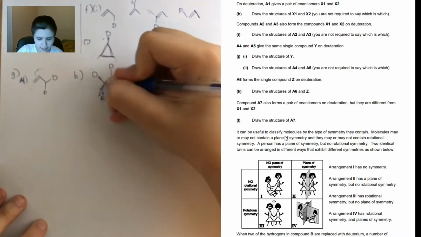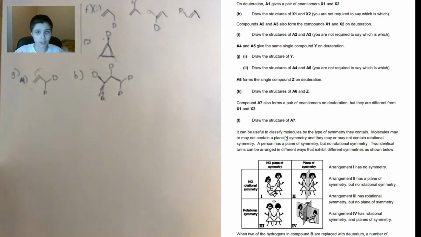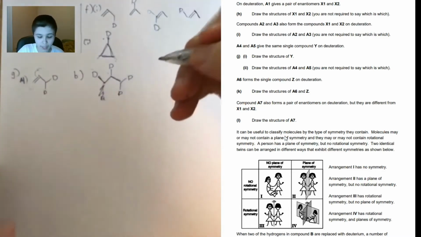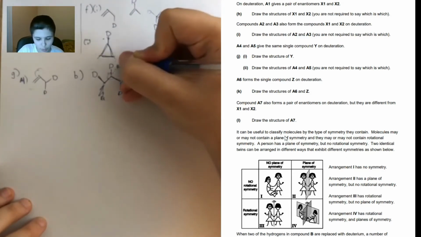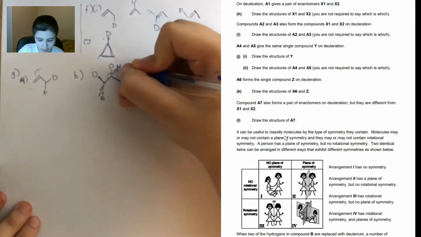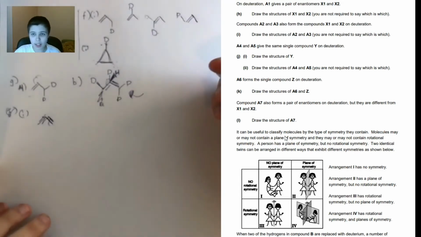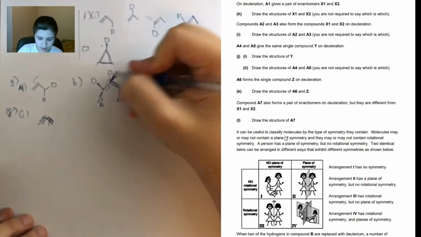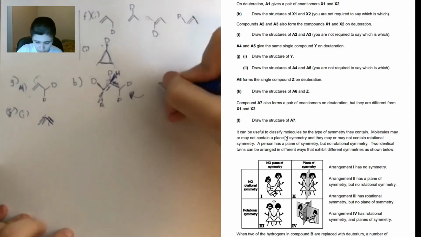And this is definitely the only product that can happen, because we know what the process is, and the process will always be this. So we have to look for another type of isomer, and then we remember that this carbon actually has 4 different groups to it. So the hydrogen can either be going out of the plane like this, or going into the plane like this. So A1, A2 and A3 also form this product on deuteration, and we've looked so far, so the product here,